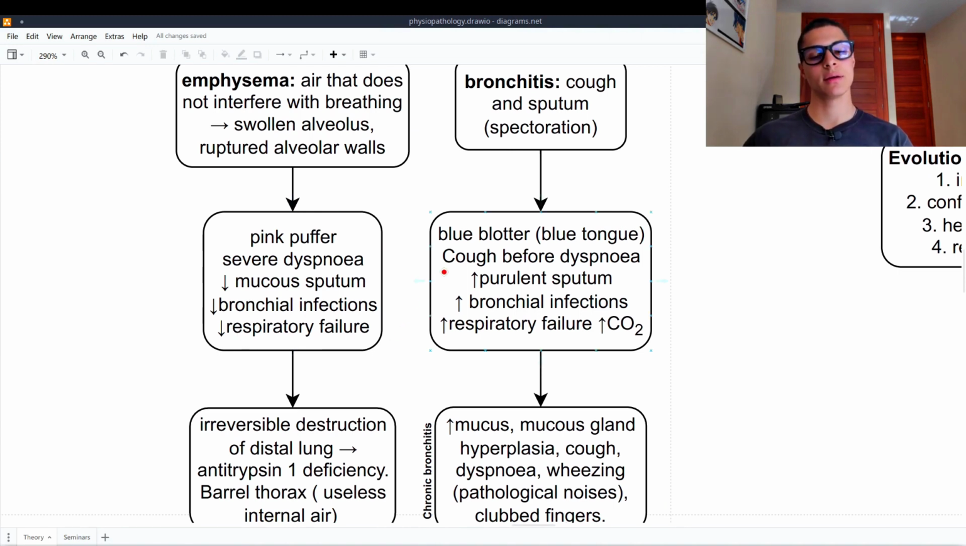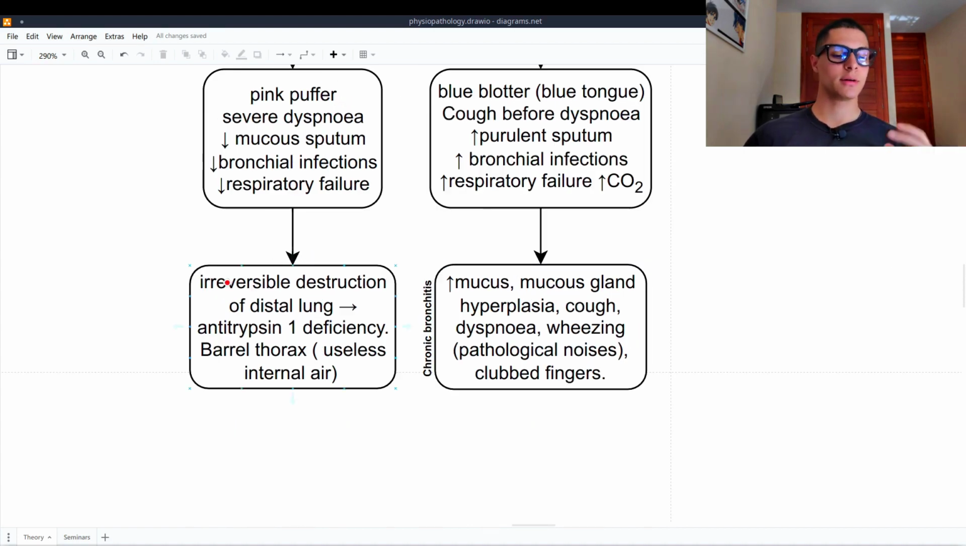On the other hand, the bronchitis is the blue bloater. They have a blue tongue. There is cough before the dyspnea. There are high amounts of purulent sputum, high amounts of bronchial infections, and a lot of respiratory failure because of high quantities of CO2. The emphysema is an irreversible destruction of the distal lung, having to do with the alpha-1 antitrypsin